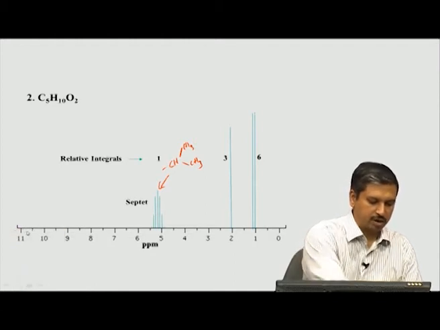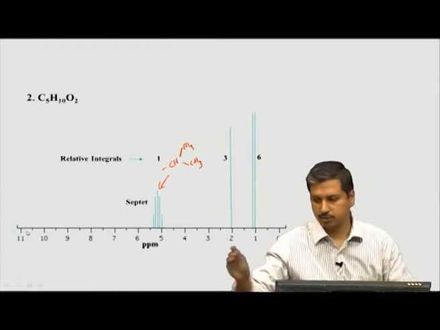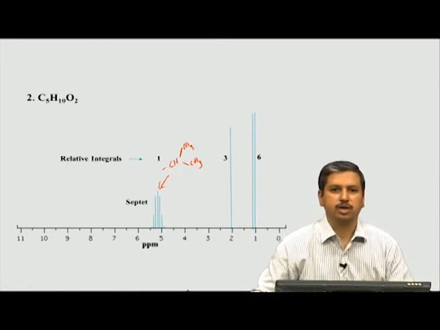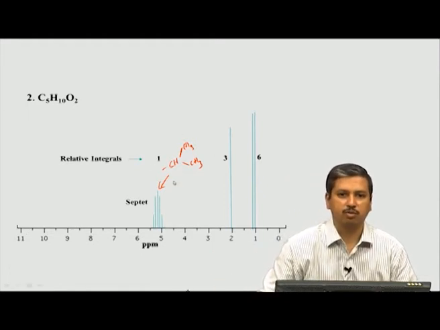So, this is how we can interpret a given molecule. If you have an isopropyl moiety, always remember you will expect to get 7 peaks, 7 J coupling peaks, because of this n plus 1 rule, 6 plus 1 is 7. So, this is what it could be in the molecule.